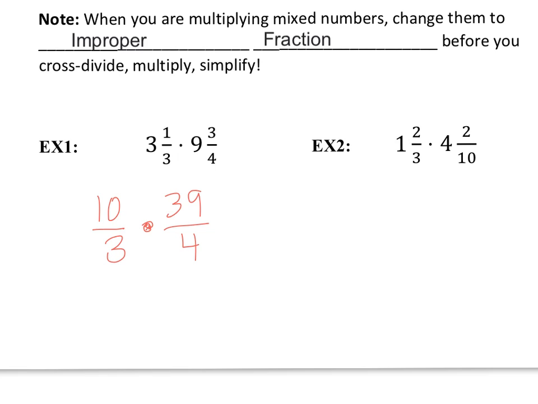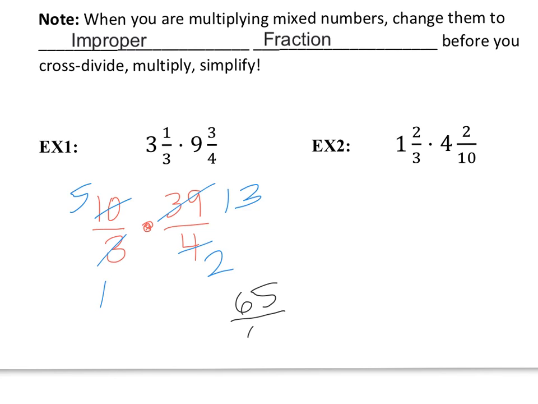Now that I converted my mixed numbers to improper fractions, I can do my cross divide. So 10 and 4, the number 2 divides into them evenly. So 10 divided by 2 is 5. 4 divided by 2 is 2. And now 39 and 3. 3 divides into 3 evenly one time, and 39 divided by 3 is 13. So my final result is 5 times 13, which ends up being